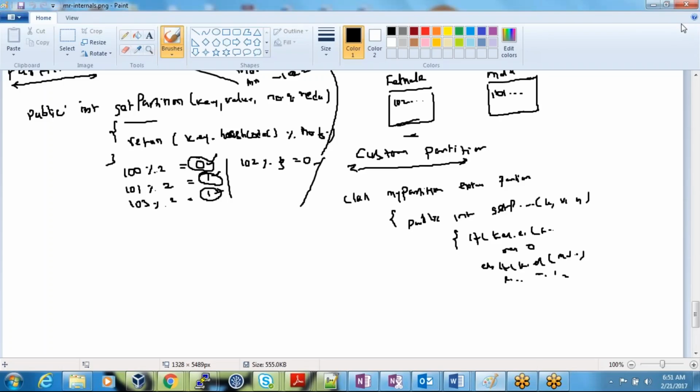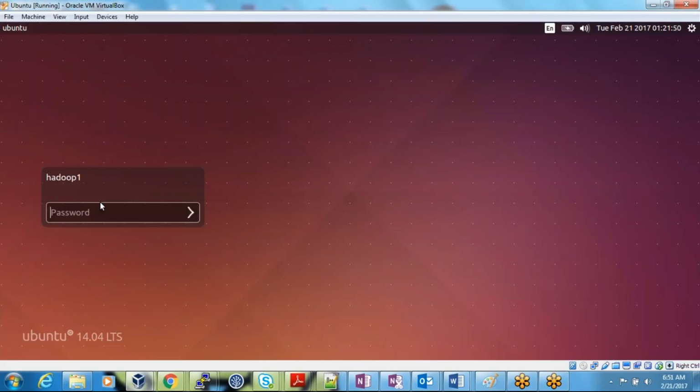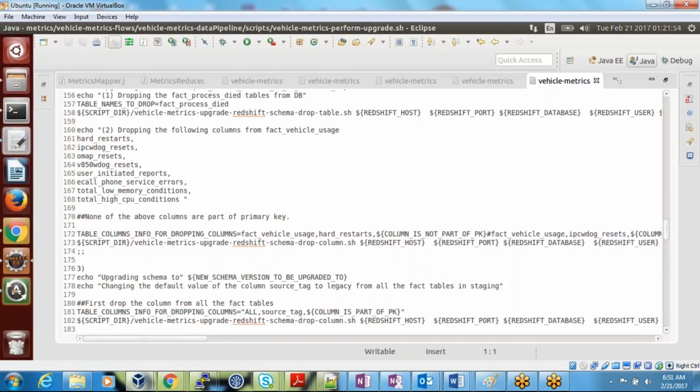Let's see how to write partitions, how to divide the data into multiple reducers. Okay, we will do that. First, let's prepare some data. First, what we need to do is prepare some data. Let's go here,